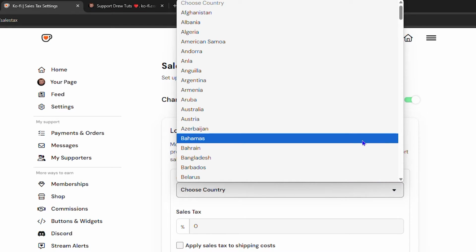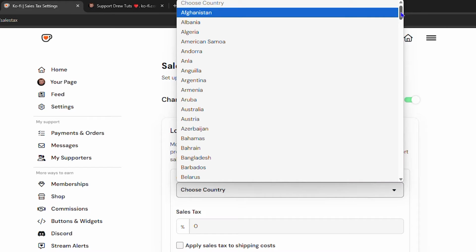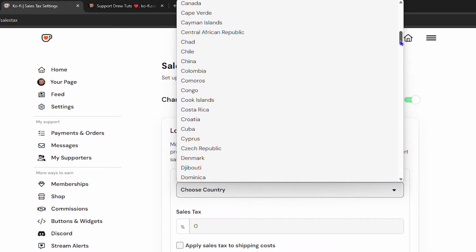So if you're living in a specific country and you want to do the tax, you want to select your country. Don't select for another country. You want to select for your country because this is where your business is based. It doesn't matter if it's international. If you're selling international, you want to put the tax for that, right? So I would recommend you do it like that. Otherwise, you just want to manage your prices without tax, and you will deal with the taxes yourself, right? But if you want to apply tax to your shop, choose the country of your region or where you're